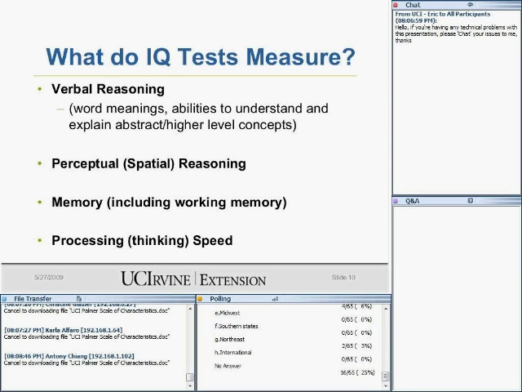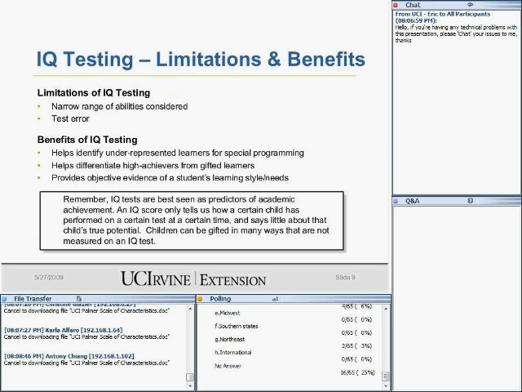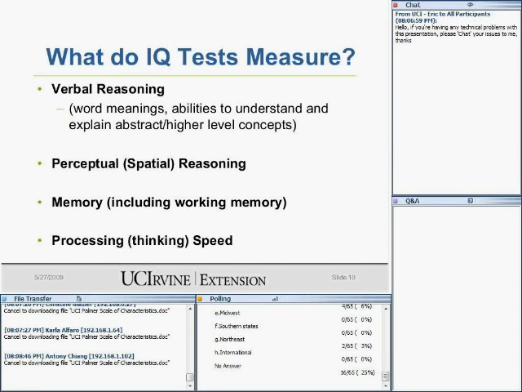Okay, so what do IQ tests measure? They measure, again, just a few things. Most IQ tests measure the top two things in this slide: verbal reasoning and perceptual reasoning. Perceptual reasoning is also called spatial reasoning, or sometimes nonverbal reasoning. So verbal reasoning, an example of that would be comparing how two concepts or ideas or things are alike and